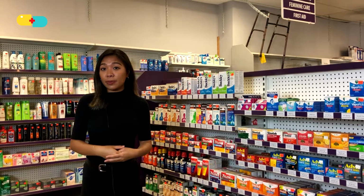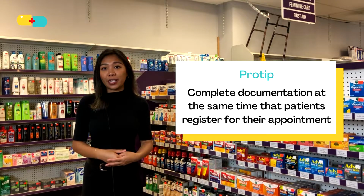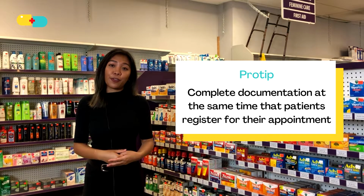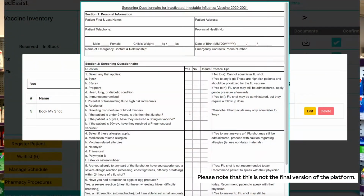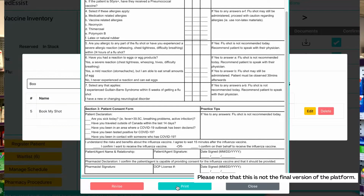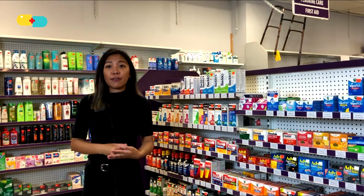One way to tackle documentation is to have the documentation completed at the time that patients book their appointment. Simply walk your patients through the necessary questions while you register them over the phone. With MedEssis vaccinations, people who reserve a flu shot will be sent an email containing a secure and interactive documentation flow. Before they can confirm their appointment slot, they'll need to complete the step online or over the phone with a pharmacy team member. So you'll never have to worry about a patient coming in without a required health card